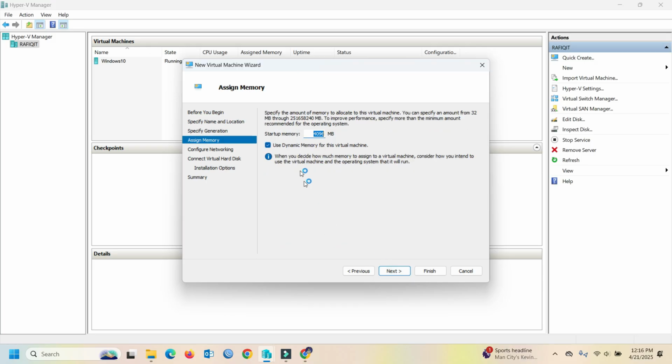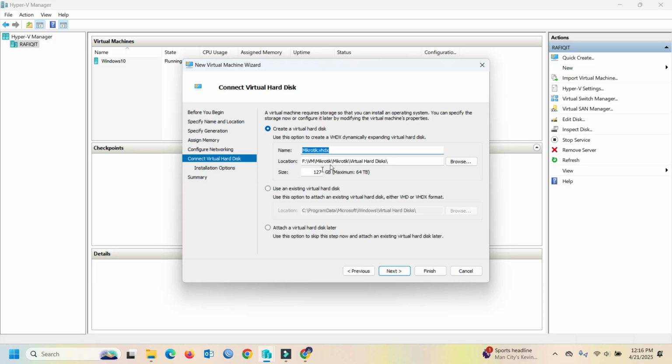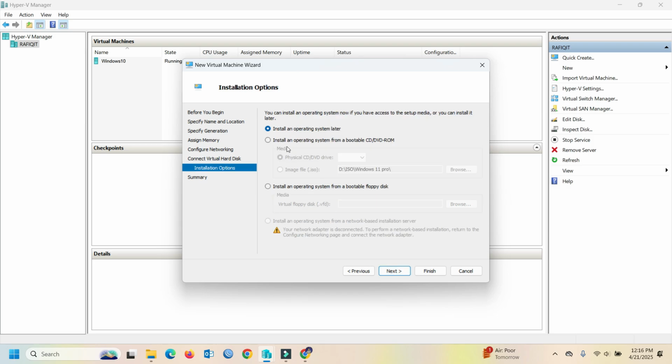This time generation 1 and generation 2, I choose generation 1 because this was a BIOS based operating firmware, it doesn't matter. I choose RAM 1 GB, then click next. This time I need 8 to 10 GB for the storage. Select 10 GB. The next,